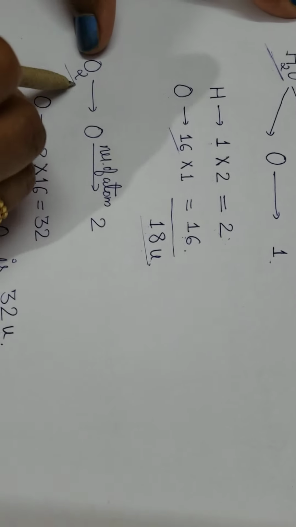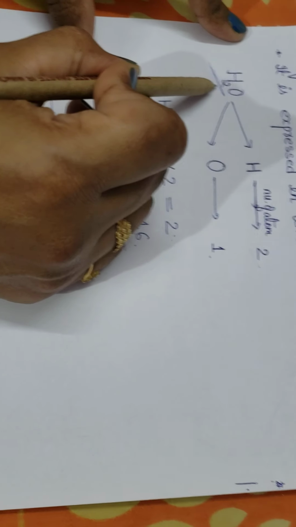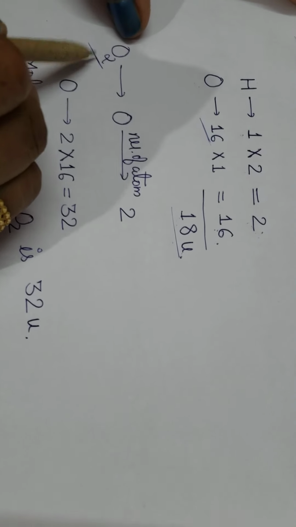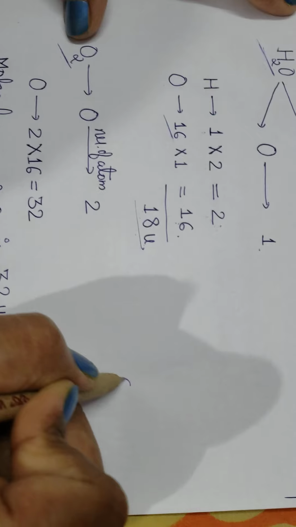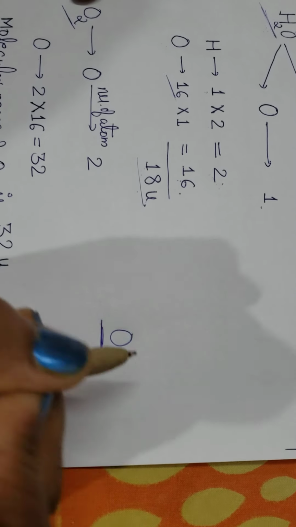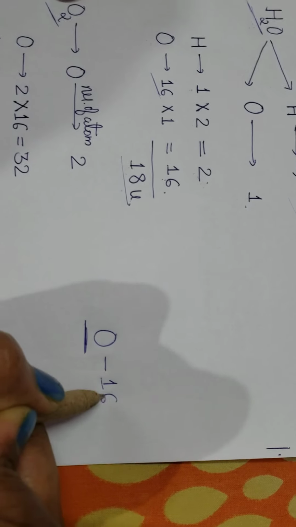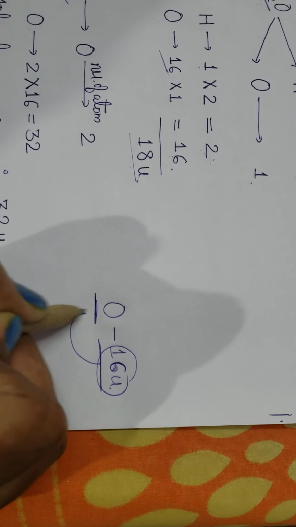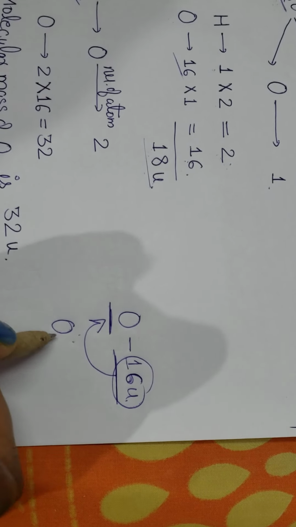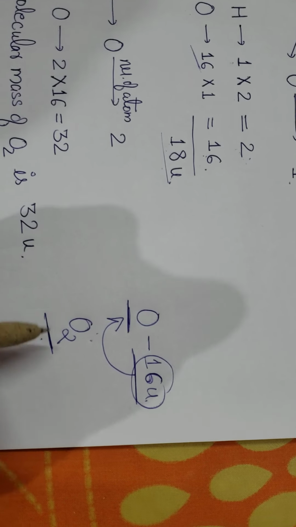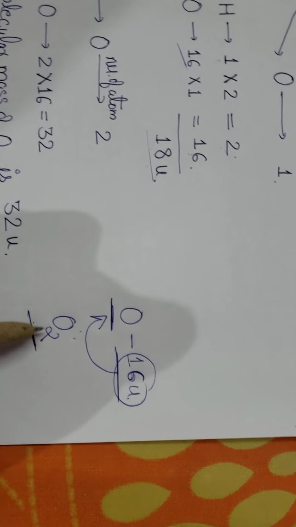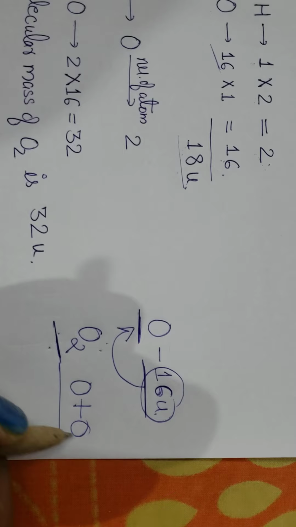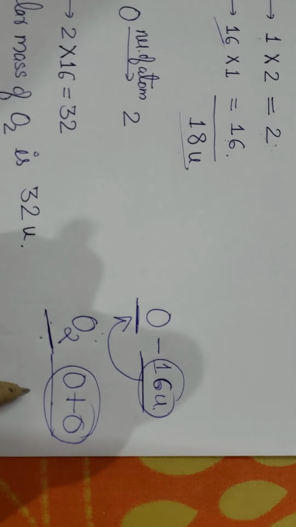When we take another example, because this was a compound, the molecule of a compound. Now we can take an example of a molecule of an element. For example, oxygen. If you take oxygen as a single atom, and when you write the atomic mass, it will be 16. So 16U is the atomic mass of oxygen. But when we convert it into O2, now this is a molecule. So when we calculate the mass of O2, that means atomic mass of one oxygen plus atomic mass of another oxygen. So this will be considered as the molecular mass.